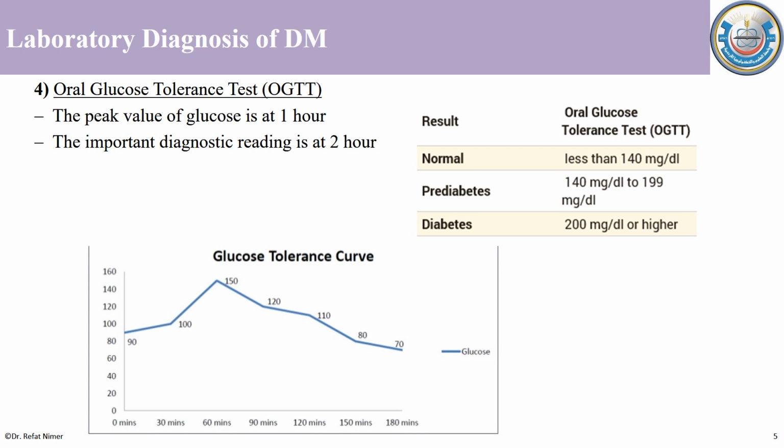زي ما حكينا في الجلوكوز توليرانس تيست، بعد ما أعمل الأمور هاي بعمل اشي بسميه جلوكوز توليرانس كيرف، ببنيه ما بين الاكس اكسس اللي هو يمثل التايم أو الفترة اللي أخذنا فيها العينات، 0، 30 دقيقة، 60، 90، 120 and so on، والواي اكسس تمثل نتيجة الجلوكوز عندي. دائما بتلاحظ أنه أول ما أبلش على الزيرو تايم مباشرة بعد ما أعطي المريض 75 جرام جلوكوز،